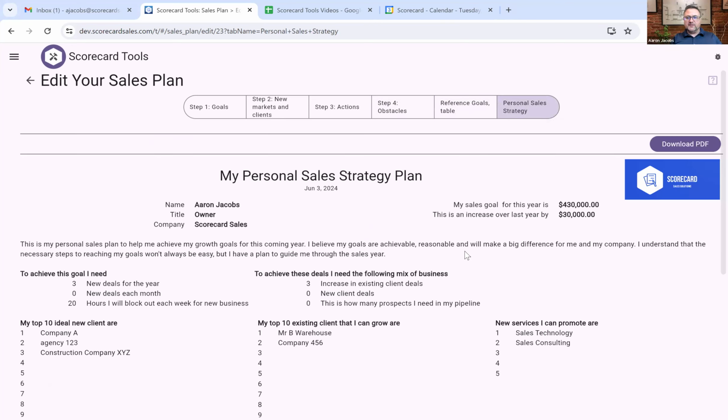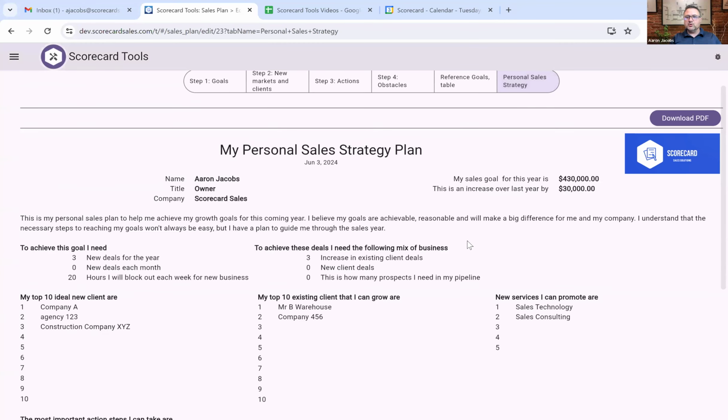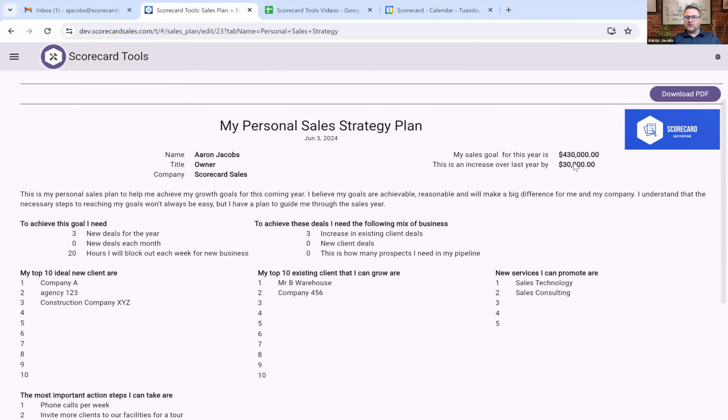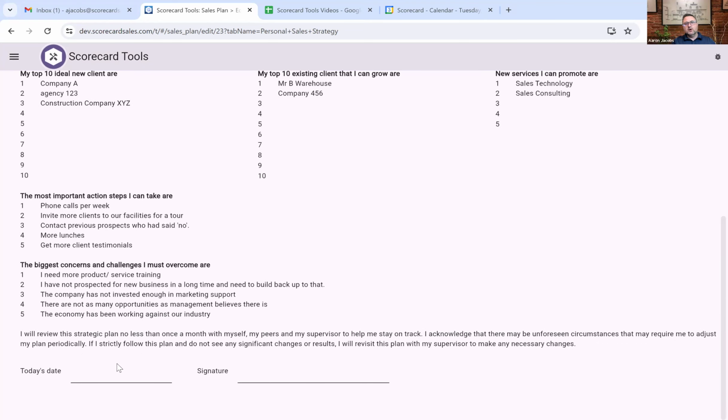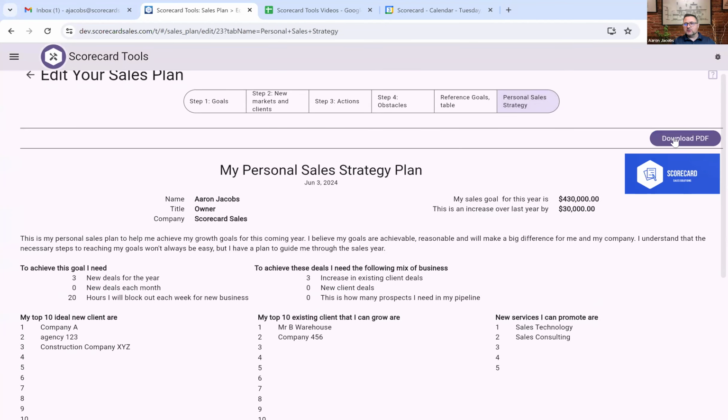And when you look down on this, it will start to fill out. It'll show you what your increase is over last year's if you hit your goal, how many deals you need a month based on all the math that we did, how many increasing client deals we need to have, and to list out your opportunities that you're not going to get all at one time, but the things that you want to work on through the year, as well as the things that you can do and the things that are standing in your way. Once that's done, you hit download to a PDF,